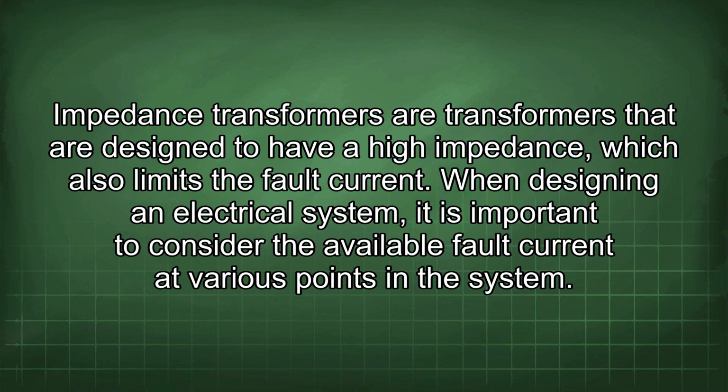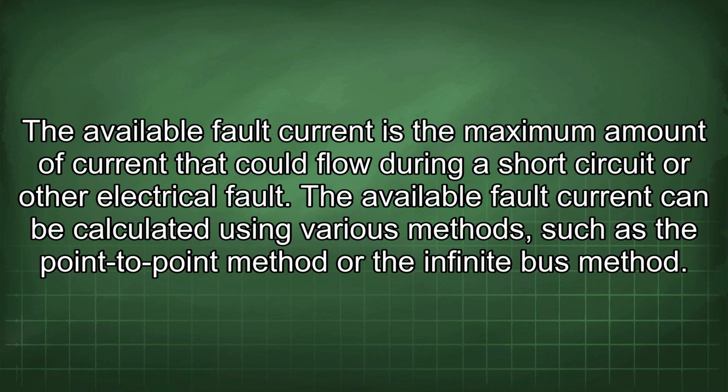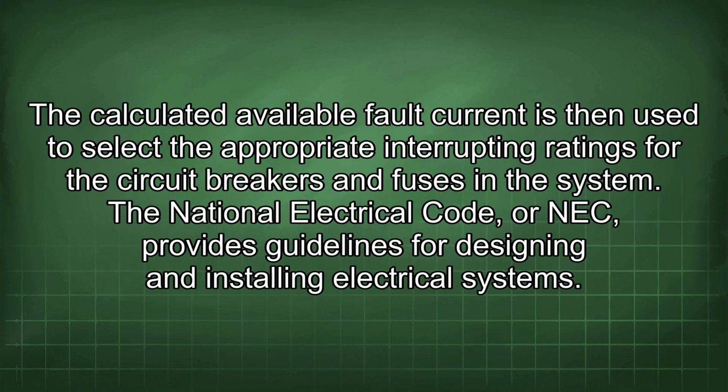When designing an electrical system, it is important to consider the available fault current at various points in the system. The available fault current is the maximum amount of current that could flow during a short circuit or other electrical fault. The available fault current can be calculated using various methods, such as the point-to-point method or the infinite bus method. The calculated available fault current is then used to select the appropriate interrupting ratings for the circuit breakers and